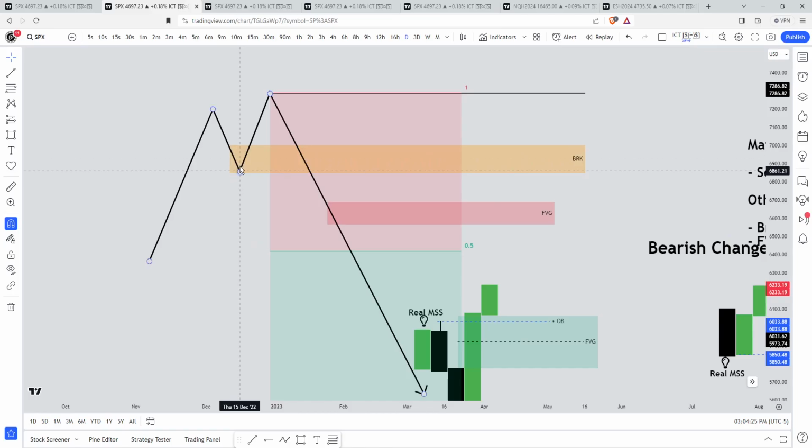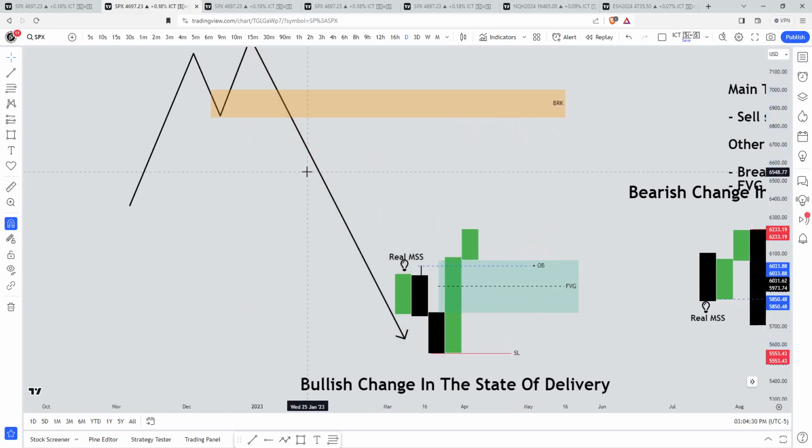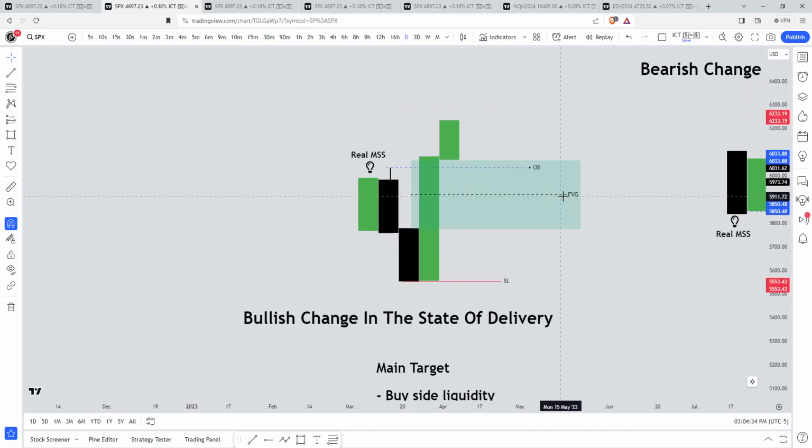of down close candles in the low. So that's the bullish change in the steady delivery. We'll be diving into some real chart examples in a second. I'm also going to be diving into one of the big mistakes that a lot of ICT traders make with